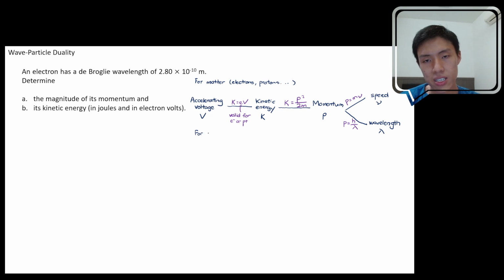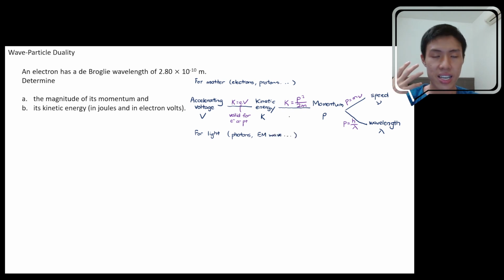So for light, or for photon, or any kind of wave, EM wave, we are not able to discuss them exactly like matter. Okay, light is different from matter, so the discussion over here to relate everything uses a different idea compared to what we see in this map above. For light, most of the time we are relating between kinetic energy